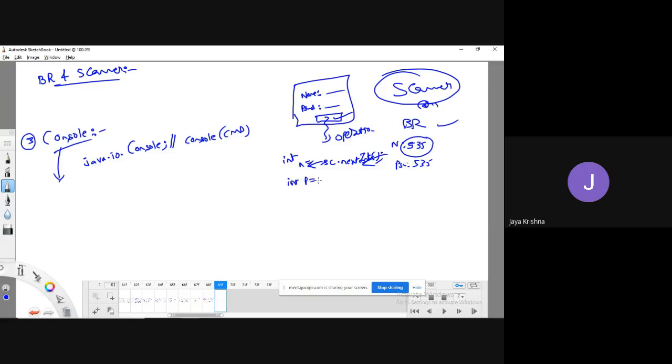Similarly, the password is also stored in a variable called p, which contains sc.nextInt. Next, if the username entered, n, is equal to the existing system data, and the value entered by the user in p is equal to the existing system value, then I can show that the login is successful. Otherwise, login fail, I can say.